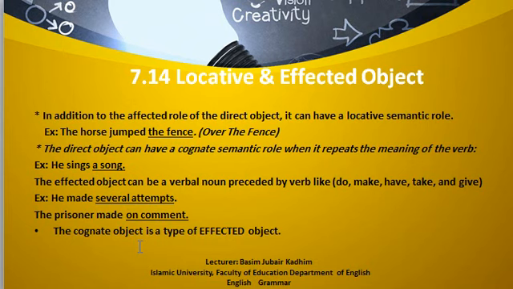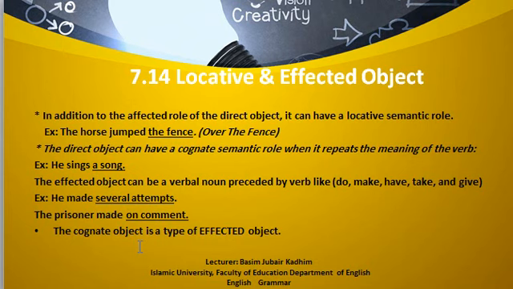Now here the fence is the object, but what semantic role does it have? The semantic role of the fence is the location, the locative semantic role, just like the subject. However, it occurs in the object position, and that's why we call it locative object. The direct object